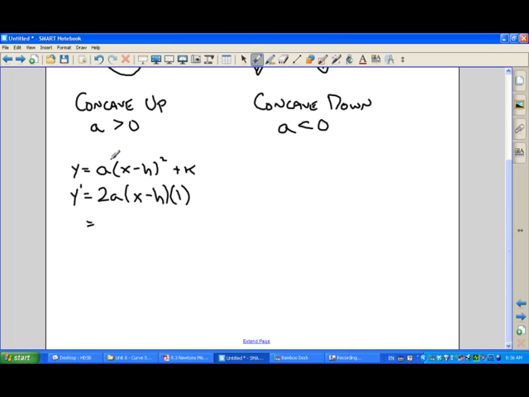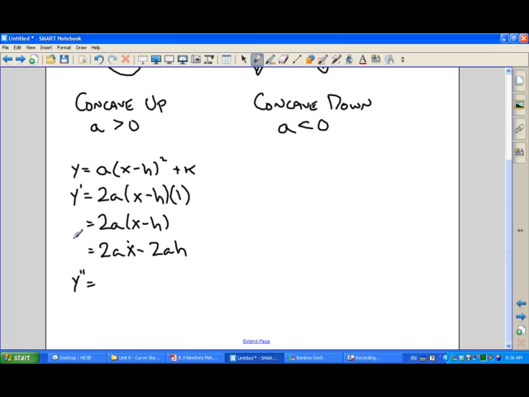So my first derivative for this vertex form of a parabola is 2a times (x - h), or 2ax - 2ah. I could take the second derivative of this. My first term has a variable, so the derivative of that first term is just 2a. My second term is just numbers, so the derivative of that would be 0,